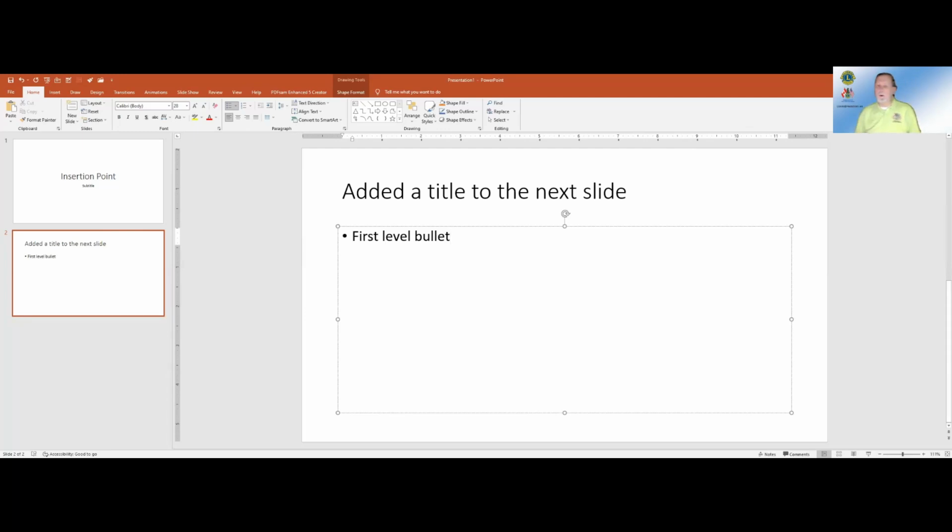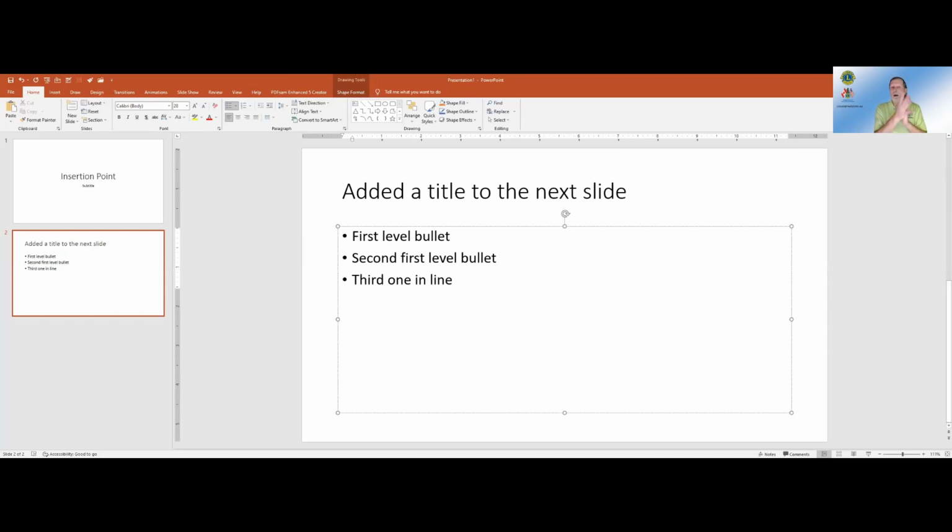And there are several different levels that you can add to this, and I'm going to explore those as I go along. But first I'm going to hit the enter key because I want to add a second first level bullet. Did I misspell? I certainly did. Easy stuff. As I hit my enter key again, boy, my spelling is terrible tonight. It's because you people are watching me, that's why.